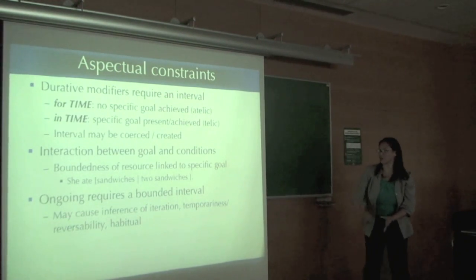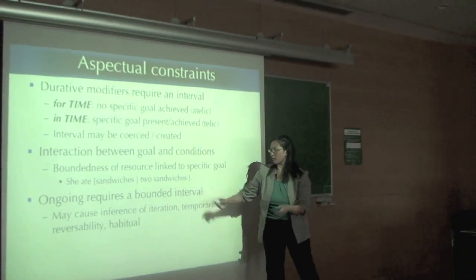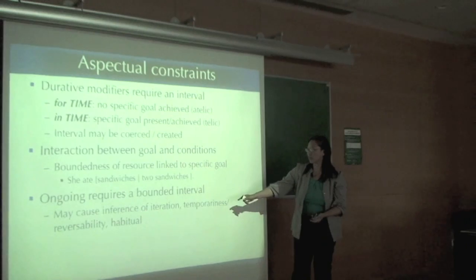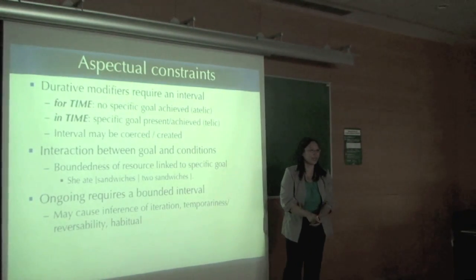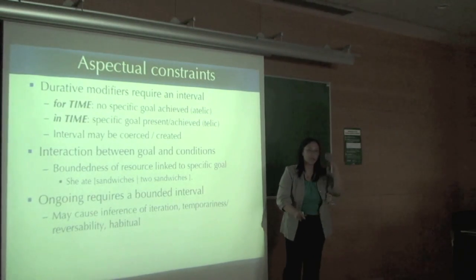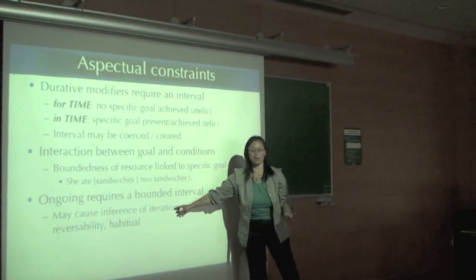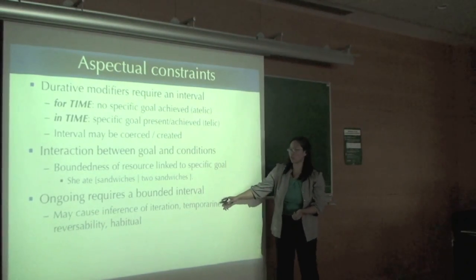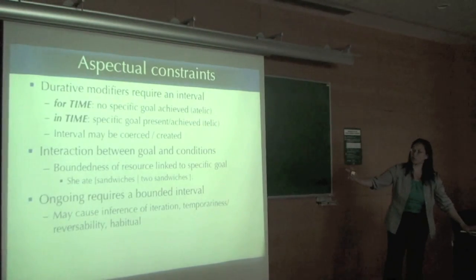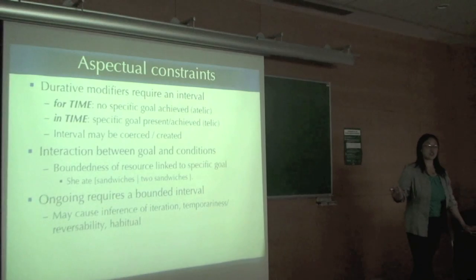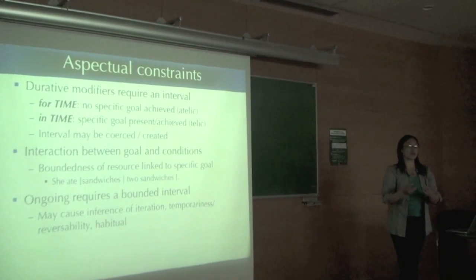Okay, so for example, if the ongoing construction, the progressive, requires some kind of interval that goes on for some time, you might need to iterate it, right? And you might need to do something to what you had. Like if I just said, I was sneezing for hours, very automatically you will guess that there's more than one sneeze. Okay, it's a process of multiple sneezing. Temporariness and reversibility, let's see if we'll talk about that in a second. So maybe we can come back to that in the discussion if we have time, but there are all these things that you can infer if you know that the construction expects it.